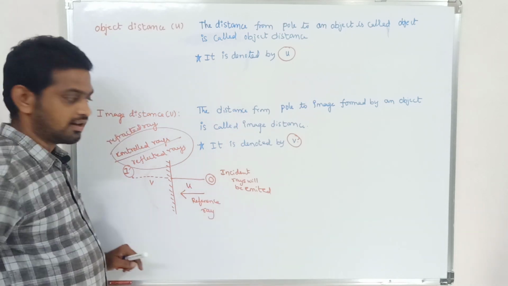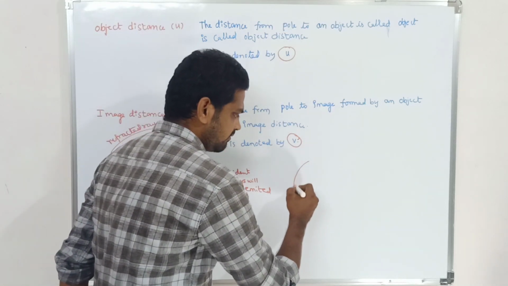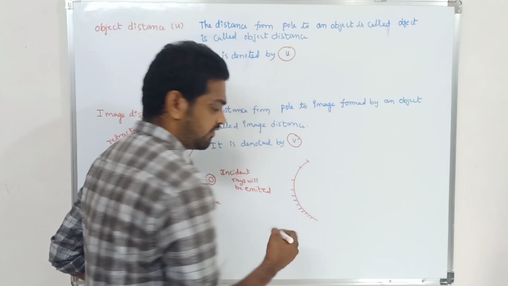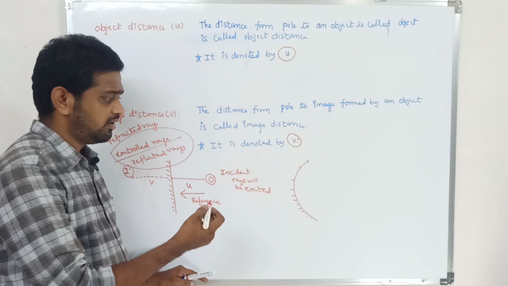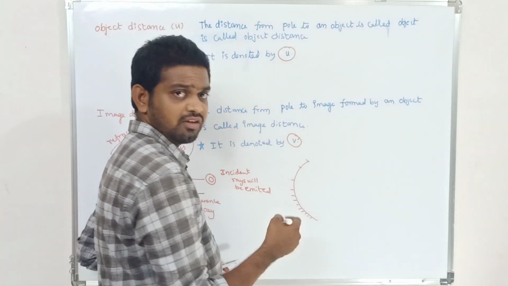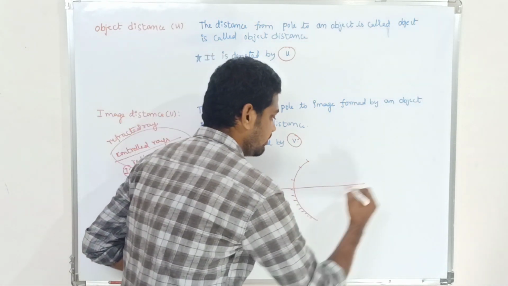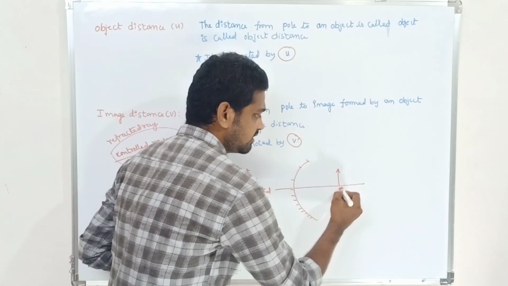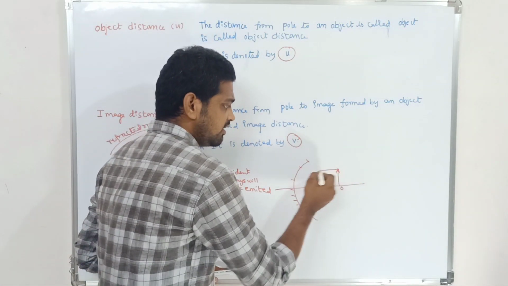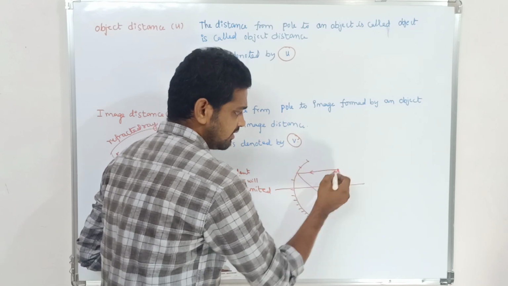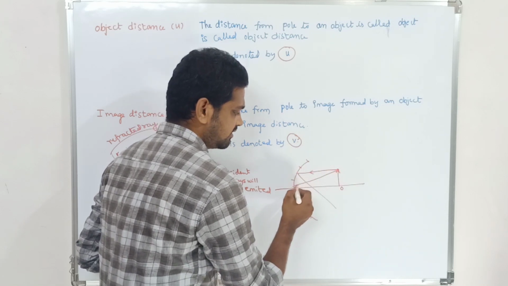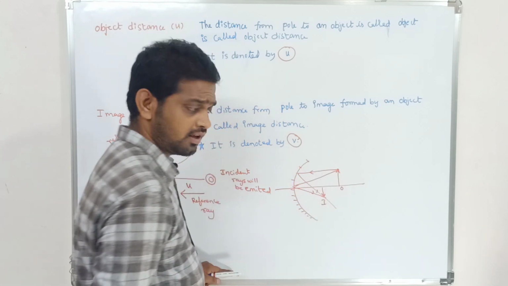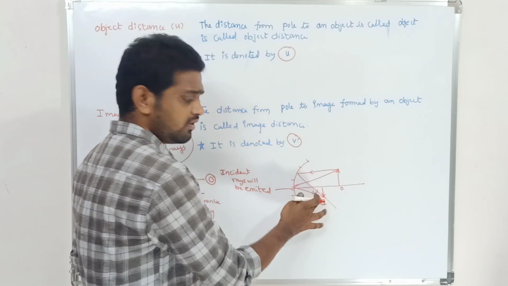If you had taken the concave mirror, after reading the ray diagrams, you are going to be perfect in this. Just now I am giving the boost up on how the object and image will be formed. Let us consider this is the object. Some rays you will get like this, and by means of that you will get the image. See, this is the image. So how is the image formed? By means of the reflected rays.